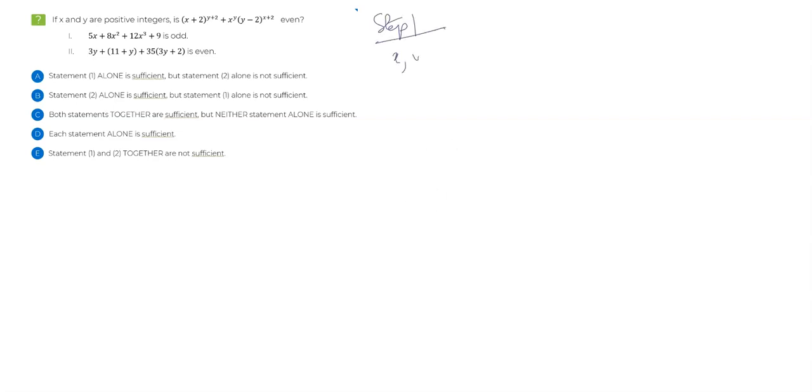It's given that x and y are positive integers. Okay, so it makes sense to write down all the information: x, y, positive integers. Now you're given an expression which is (x + 2)^(y + 2) + x^y times (y − 2)^(x + 2), and you need to find out whether this is even or not. Okay, now once again, a lot of you might want to jump to the statements